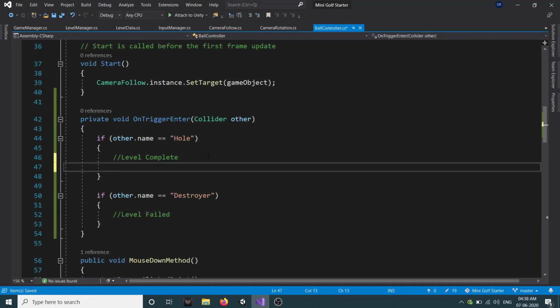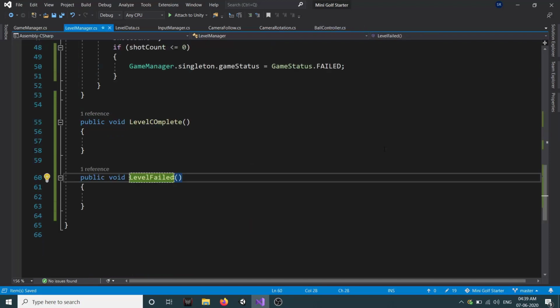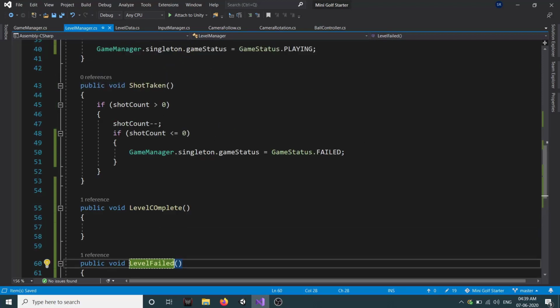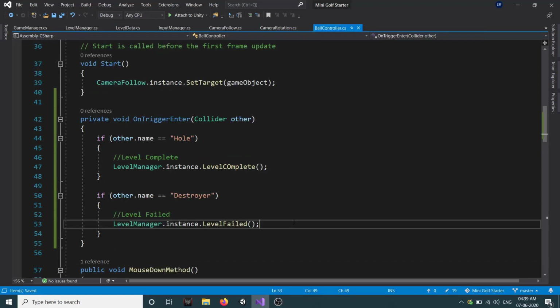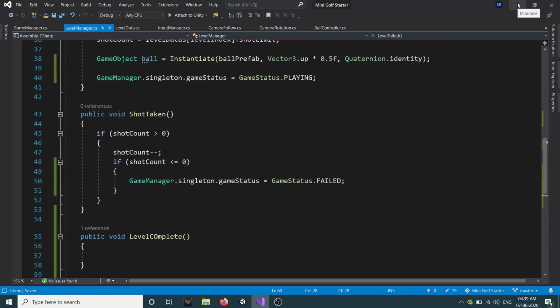So when we hit our hole, we'll call our level complete: LevelManager.instance.LevelComplete, and if it is destroyer, then we'll call our LevelManager.instance.LevelFailed method. Okay, so now we have two conditions where our level gets failed. One is when we are out of shots, and the other is when our ball goes outside our level and hits the destroyer.